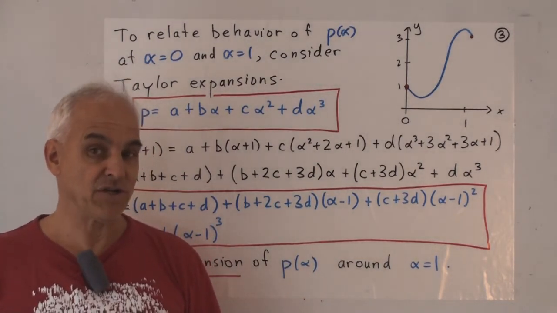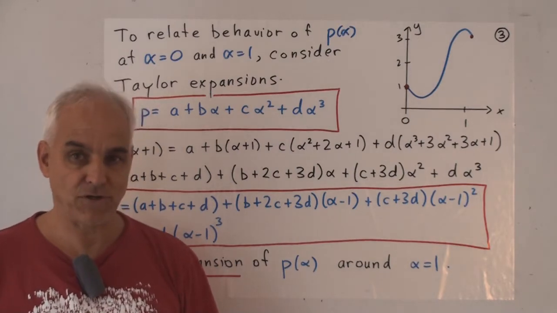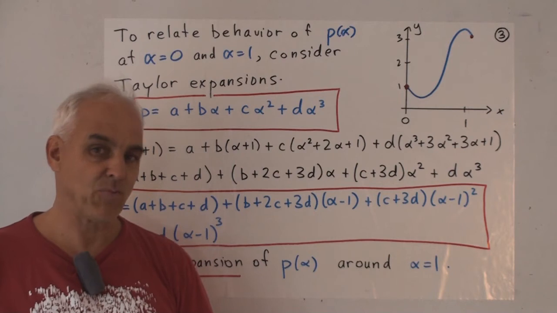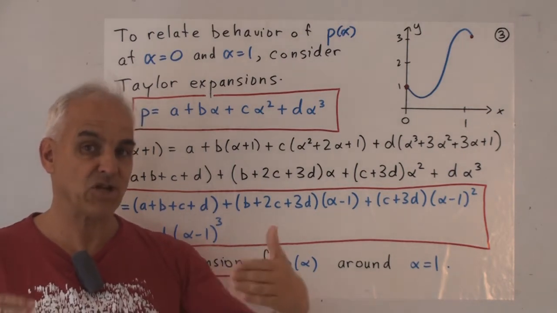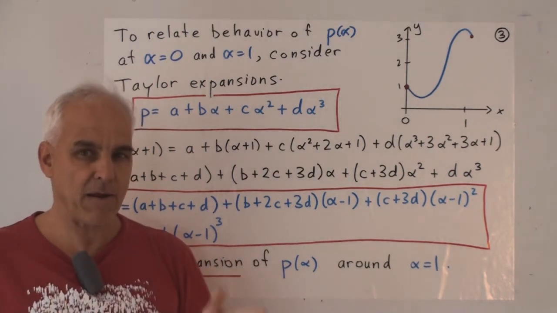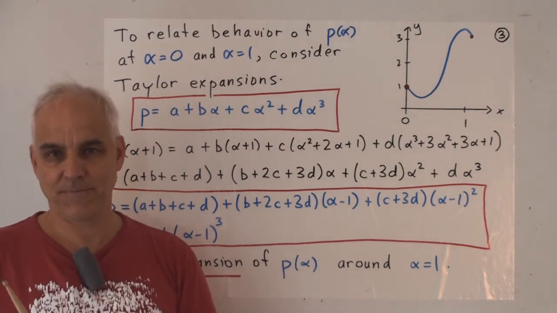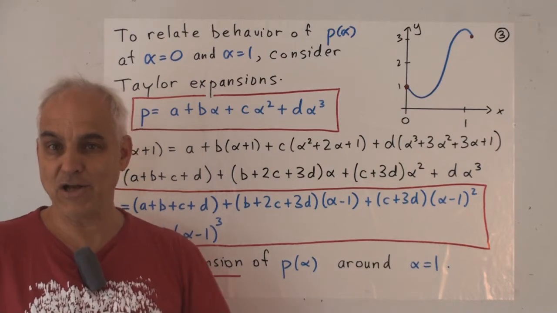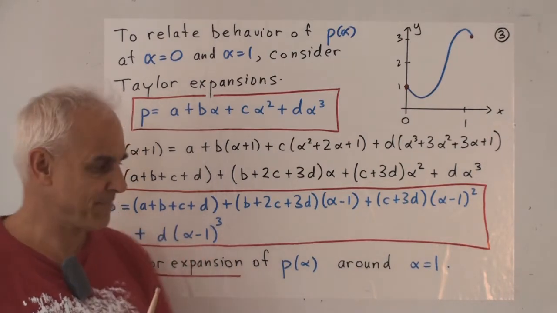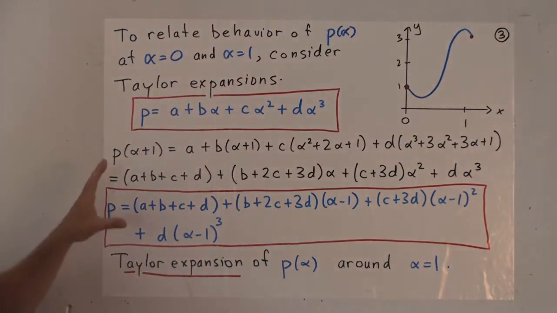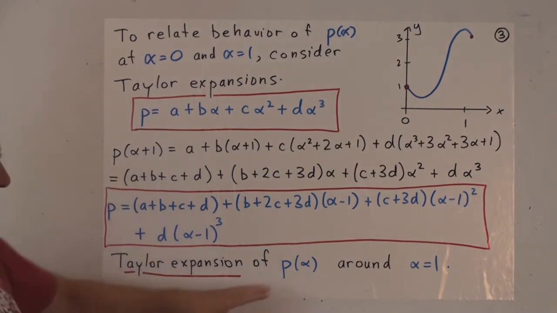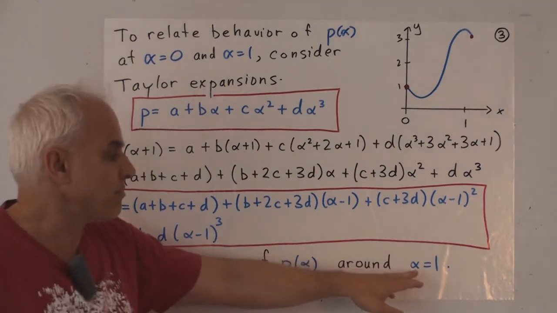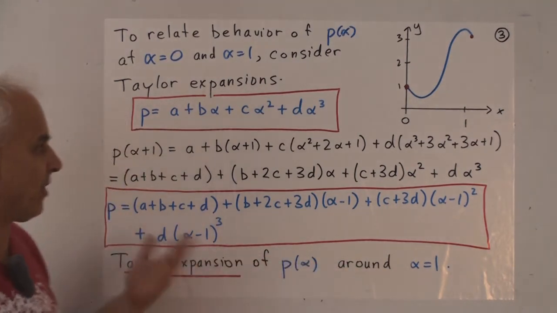And in my Math Foundation series, I'm going to show you that this is actually a very viable algebraic alternative. It forms the foundation for a much more algebraic point of view towards calculus. So in other words, calculus becomes a little bit more subservient to linear algebra rather than the other way around. Okay, but anyway, so now we've got this Taylor expansion of the polynomial around alpha equals 1. And if we wanted to, we could do this with alpha equals 2 or something else